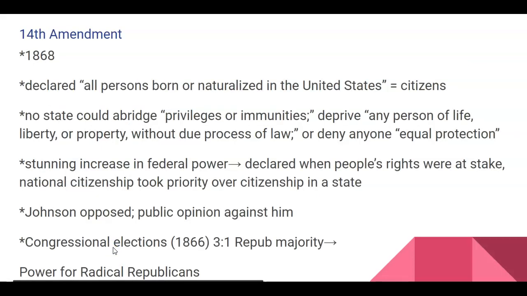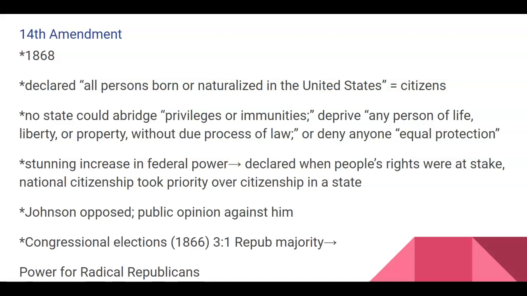The 14th Amendment was 1868, and it declared all people born or naturalized in the United States were citizens. So if you were born in this country, you were a citizen, didn't matter anything else. No state could stop your privileges or immunities, deprive any person of life, liberty, or property without due process of law, or deny anyone equal protection. It was a major increase in federal power, because it declared when people's rights were at stake, national citizenship took priority over state citizenship. So it's saying that the federal government is much stronger than the state's government, and